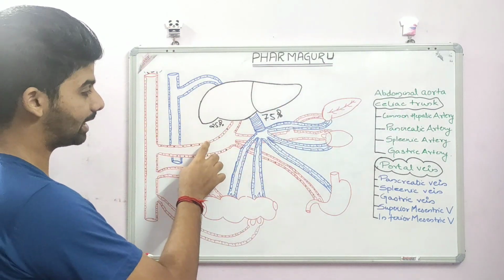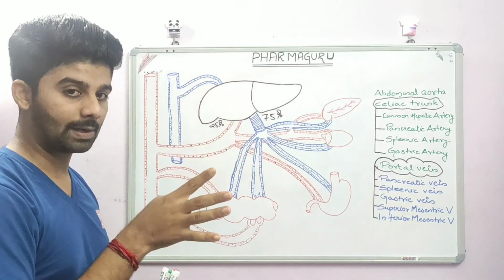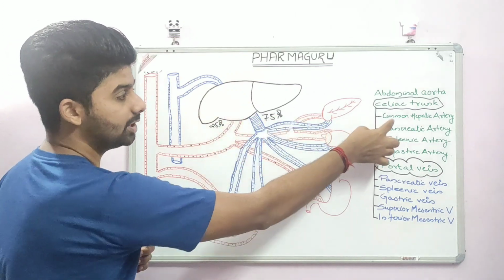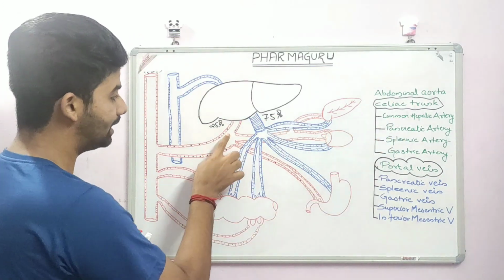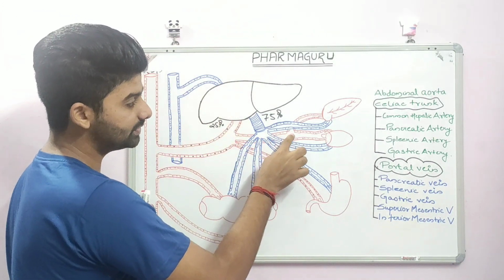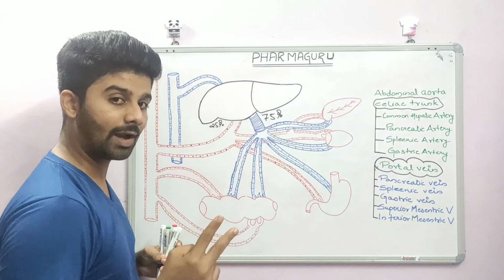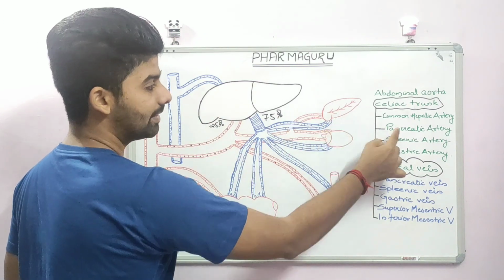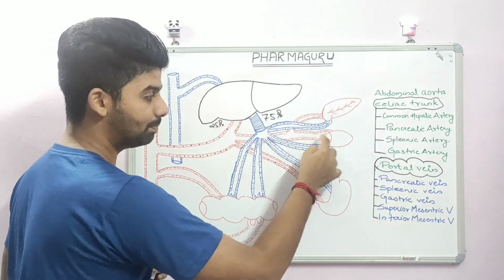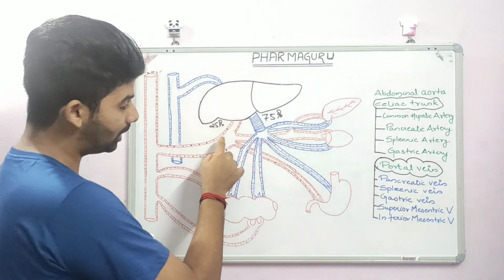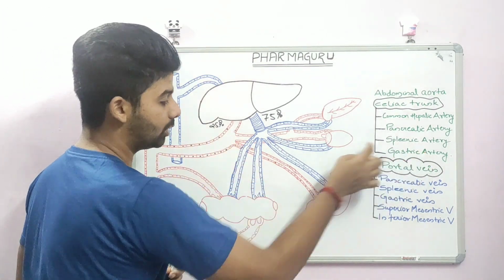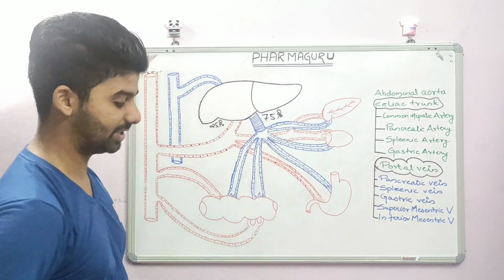Now this celiac trunk mainly gives rise to four different paths. First path that gives blood supply to the liver is the common hepatic artery, right? The second one continues and splits and gives blood supply to two vital organs. First one is the pancreas, that's why the pancreatic artery. Second one, the spleen, that's why the splenic artery. And the fourth one to which this celiac artery splits is the stomach. That's why we will call this one the gastric artery.